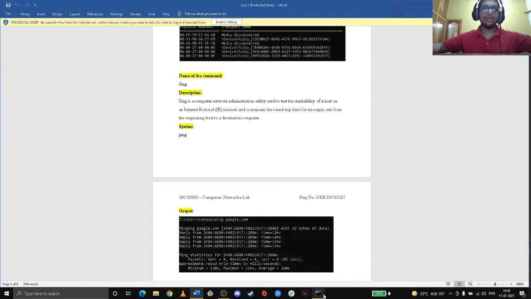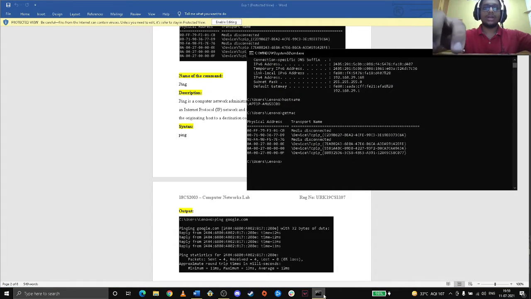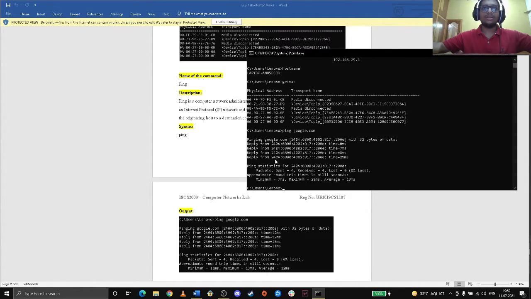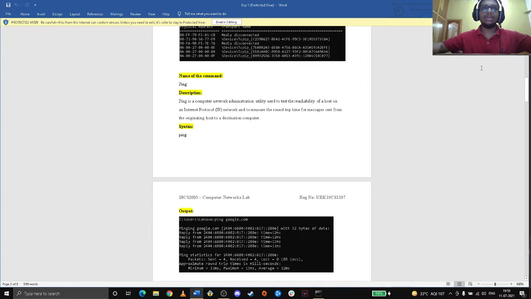We just need to write ping google.com. As you can see, it is pinging and getting replies. There will be four replies, and we can see the minimum and maximum round trip times. For mine, the minimum is 7 ms and the maximum is 29 ms, and the average will be 30. So the ping command is done.